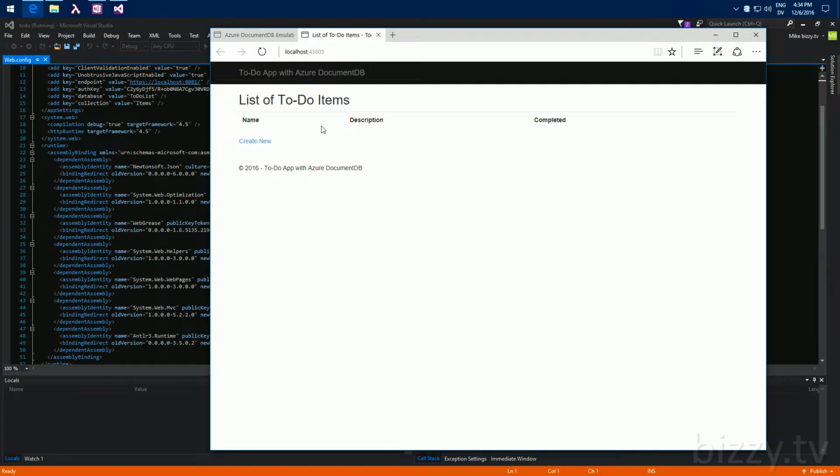Okay, so the sample app is just a list of to-do items. And so when you click Create New, the document that it's creating consists of 3 pieces of data, just the name,